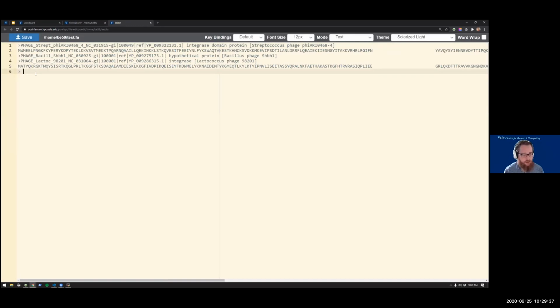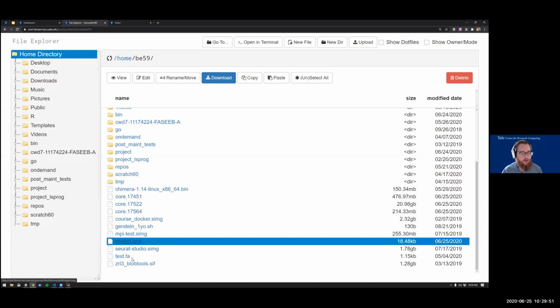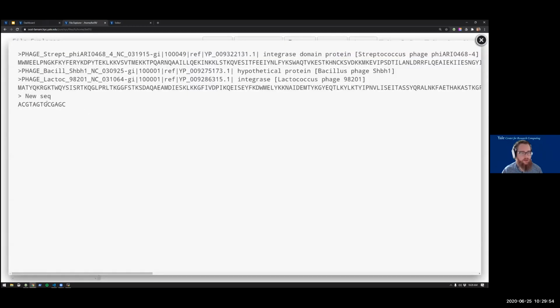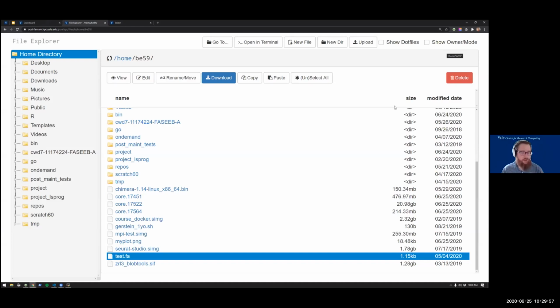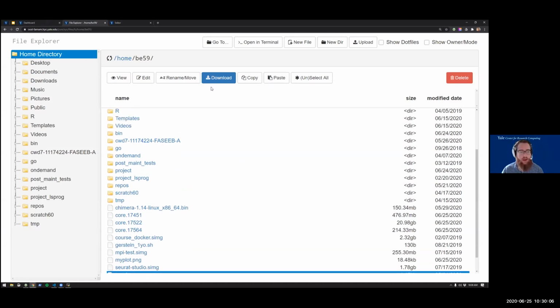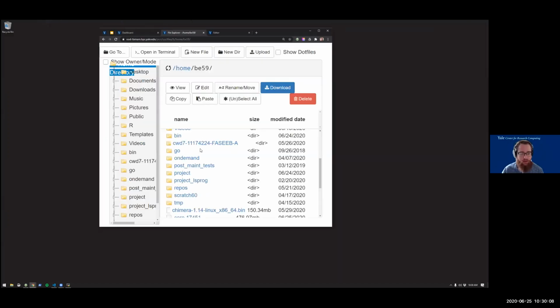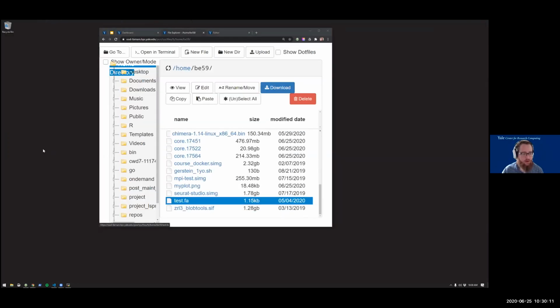So if I wanted to add a new sequence, and then save. Now if I view this, this is the new file, and that's on the cluster. So I don't have to actually bring files down in order to manage them in a pretty straightforward graphical way. I can also choose to download them if I want. And if I drag and drop this, it should work as well. Yep, so this is on my computer now, and I can look at it on my computer.